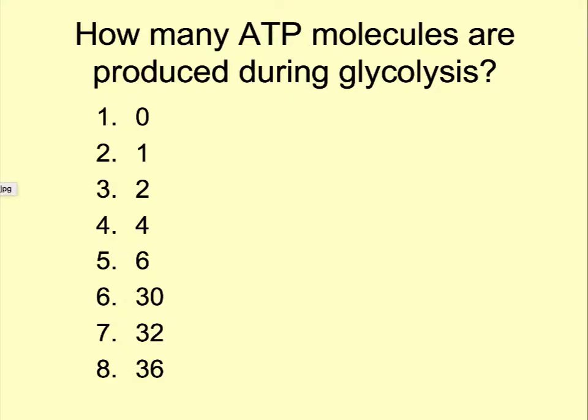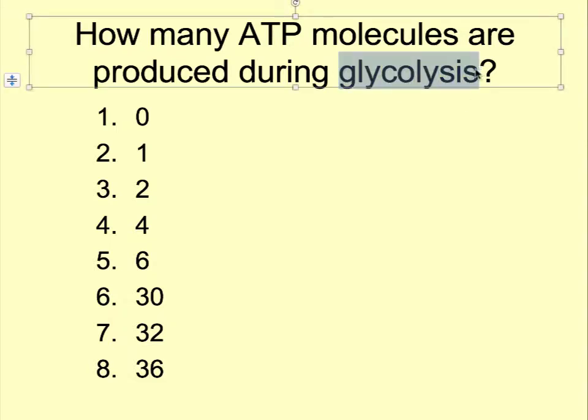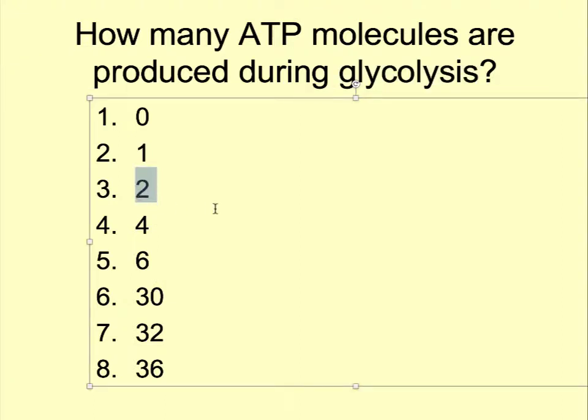One of the things to keep in mind is how many ATP molecules are being made during the different stages of these steps. So paying attention to the words is very important. In this case, it's asking not about the entire cycle, but just the second step, which is glycolysis. And in that case, the answer that you'll find is that for each molecule of glucose, 2 ATP molecules are